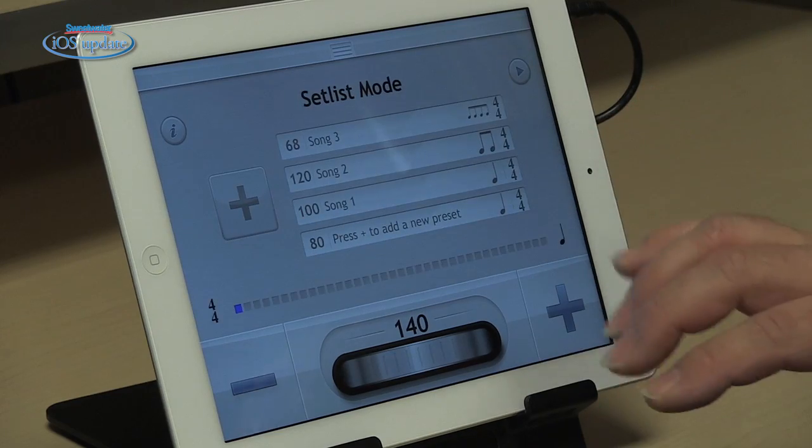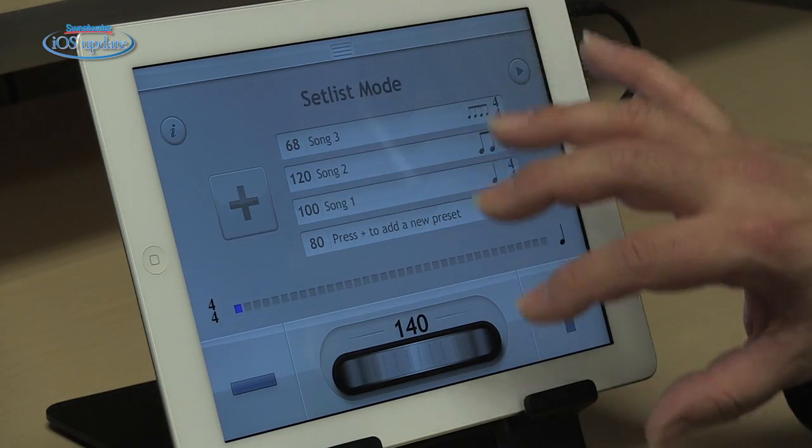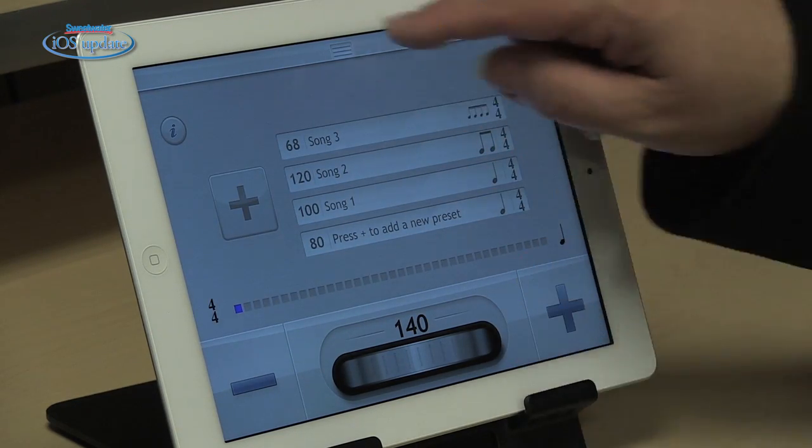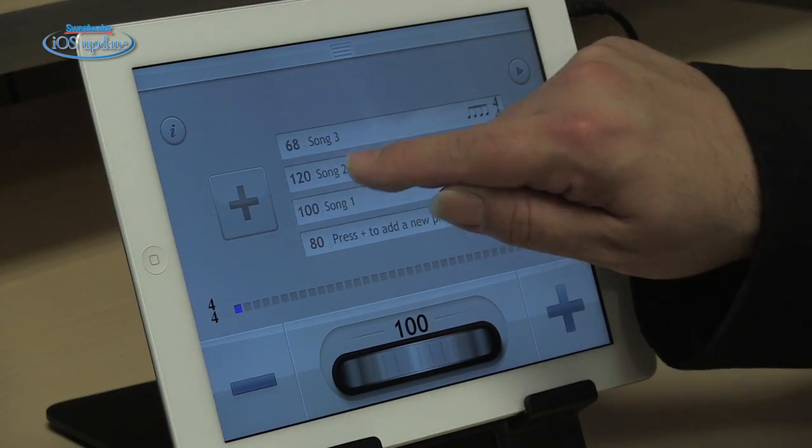Our third mode is setlist mode. This is really useful on stage. Basically what you do is set up a preset that includes all the parameters for the metronome and save it as a song, and you can step through those by simply clicking on it. So if you're on stage, you have your set put together, you want to have a click to play along with, or even just a click to get you started at the right tempo, a very useful app for doing